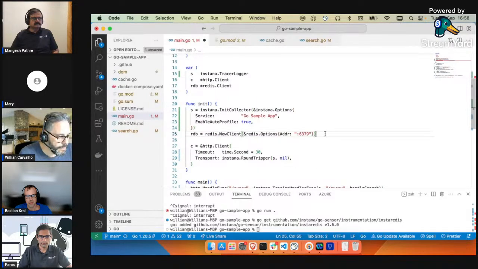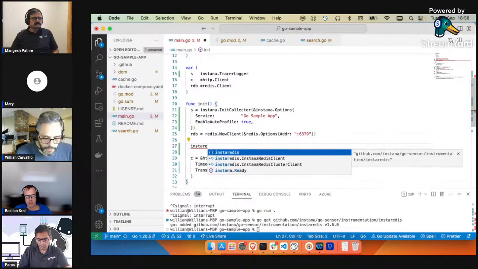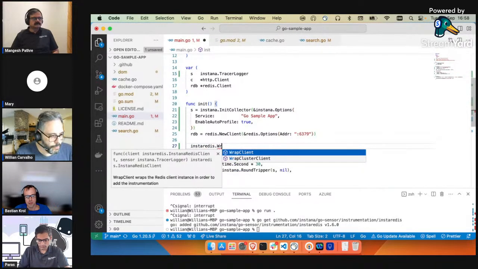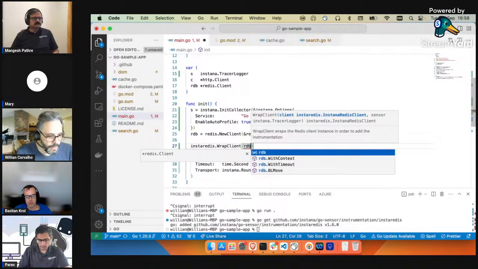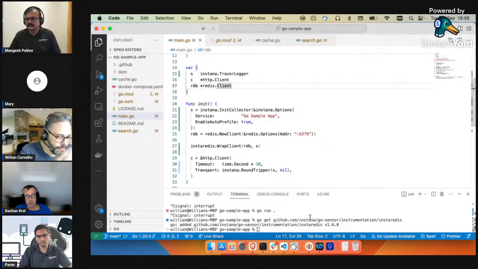And that's quite an easy one. In the case of install Redis, it's only, as you saw before, wrap client. So we provide the Redis client and we provide the tracer. That's it. That's all you need to do for Redis.